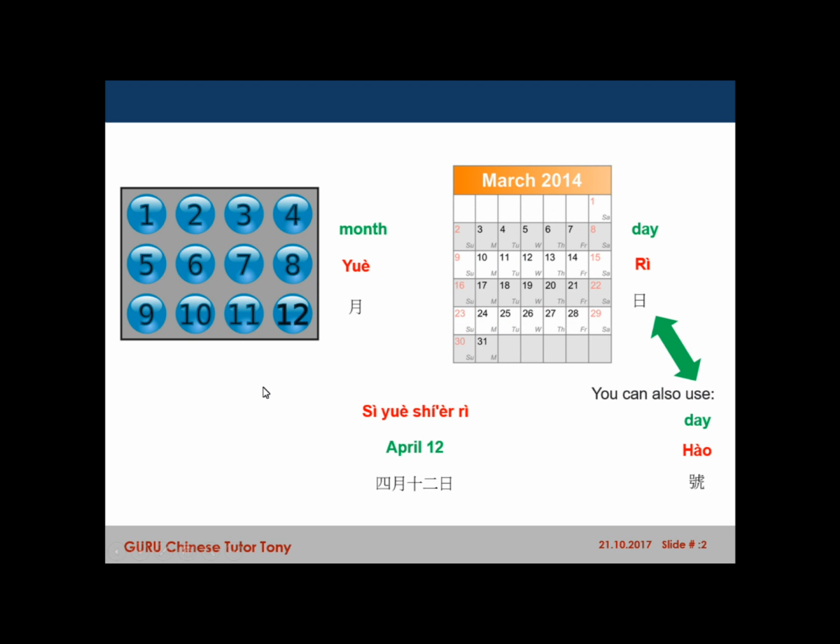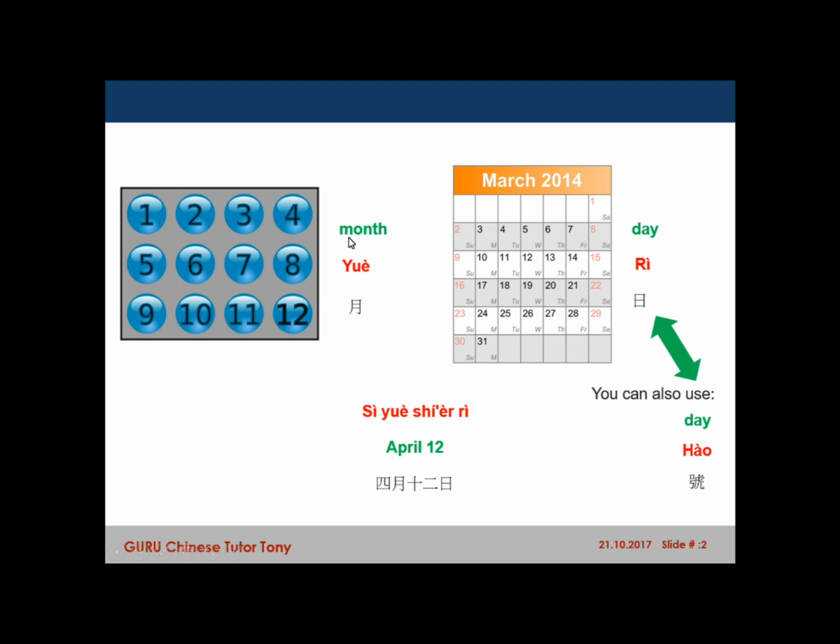Firstly, I want to explain how to say the month and date. For example, if we want to say April 12, 4月12日. 月 is month. 日 means day. So if you want to say April 12, just put the number before the month. For example,